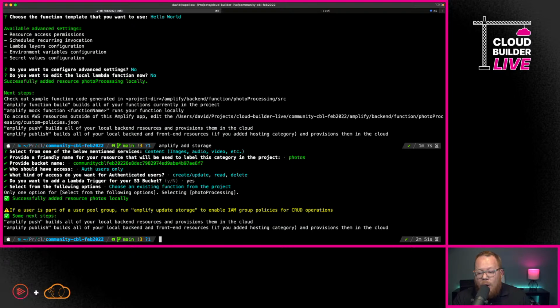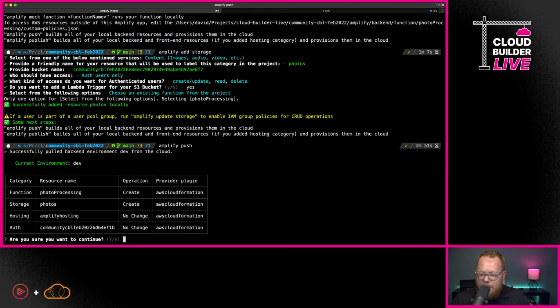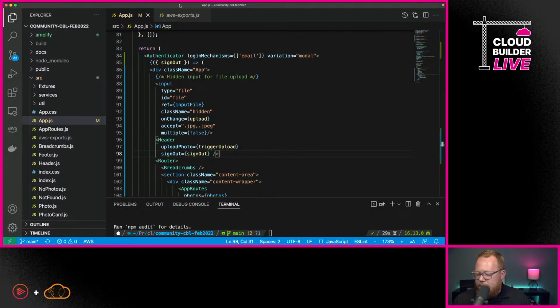So now I'm going to go ahead and type in amplify push. This way it's going to push our back end, and we'll have this go through before we actually start editing our React application, which we'll do next, because we want this to be creating in the background. Perfect. So now that this is running, let's go ahead and head over to React.